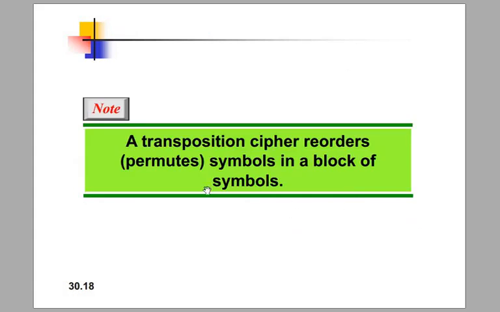Okay, so then we come to the next concept, which is a transposition cipher. In case of transposition cipher, as the name signifies or indicates, we are going to change the positions of the characters or letters or symbols in the plain text. We are just going to change the positions of the symbols. We are not going to substitute with new symbols. So here we are just going to do permutation. If you remember permutation, we just change the positions of the